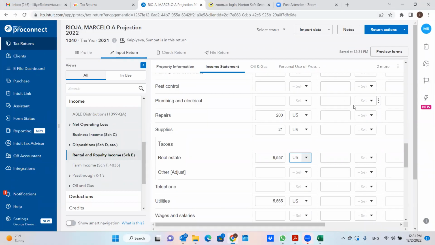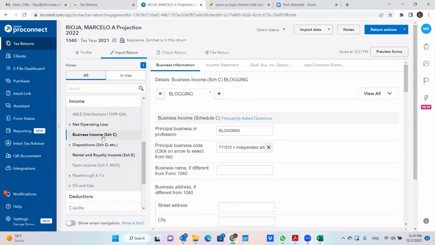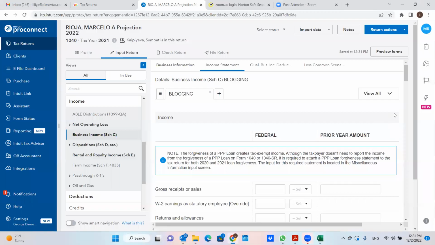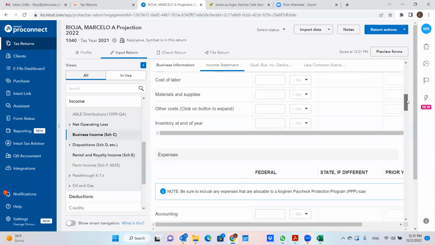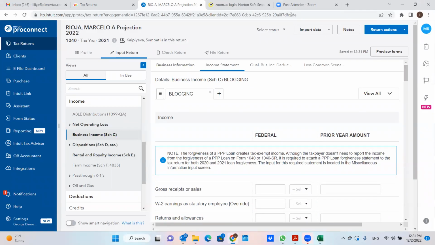So one thing that I'm not finding is we can see blogging here, and he didn't provide any type of particular income for blogging. Okay. Give me one moment. So for the recording, I think we're good with the fixed assets and overall review. So we're going to go ahead and